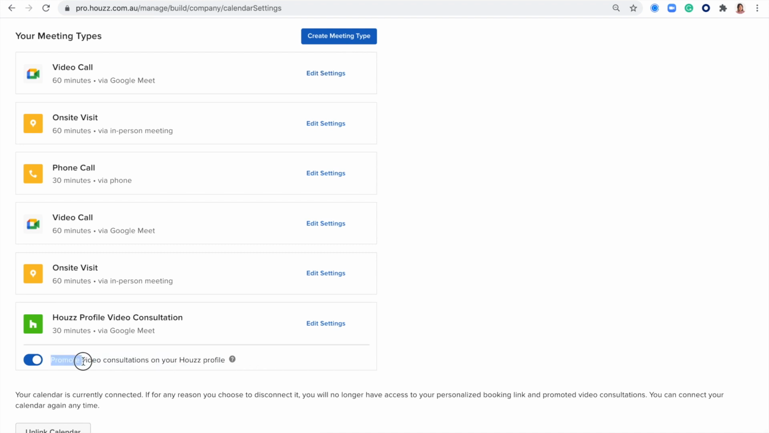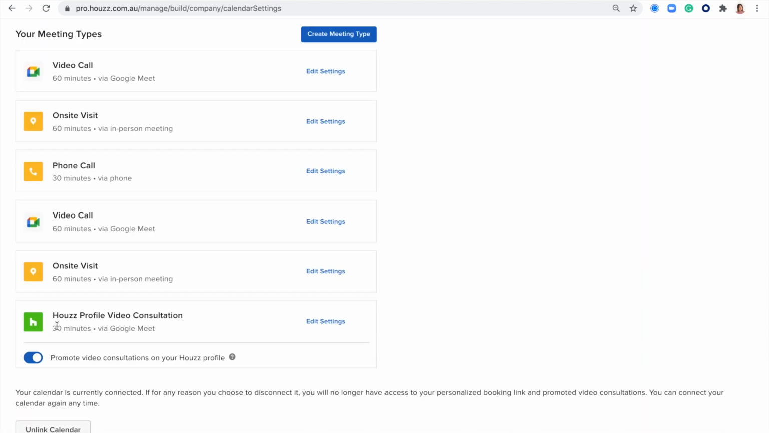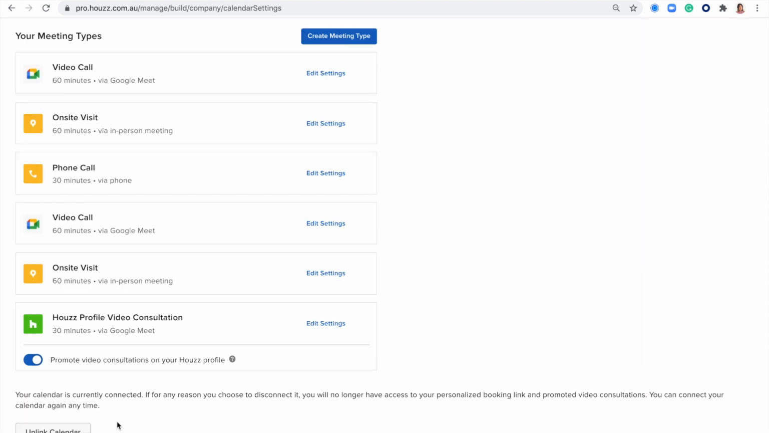You'll also see down here you can promote video consultations on your Houzz profile by turning on this toggle. This means that when potential clients are looking at you in the professional directory, they'll see your listing and they can also click video meeting and schedule that with you here. If you need to unlink your calendar, simply click